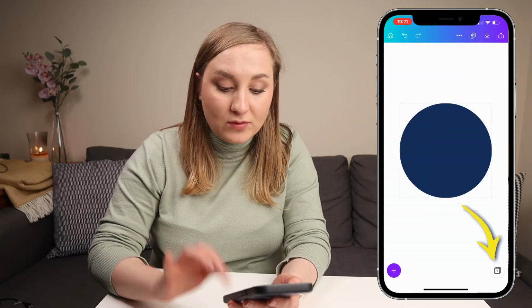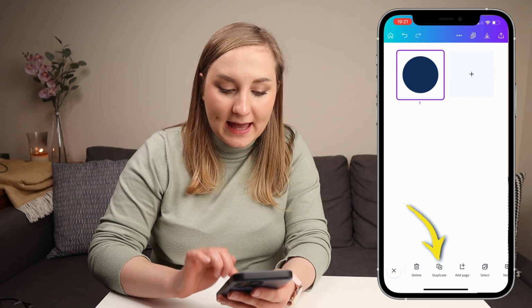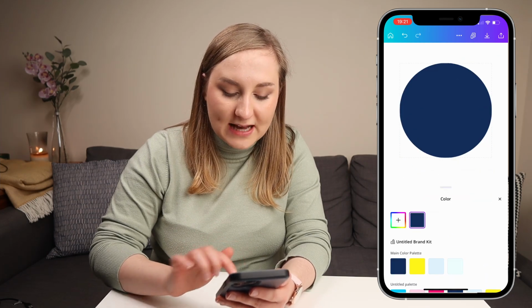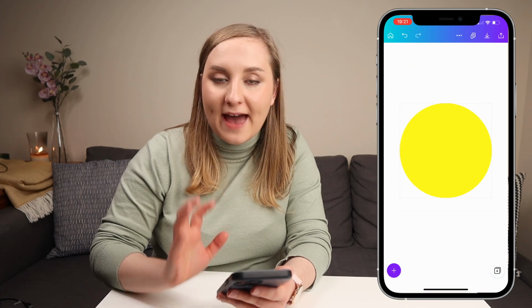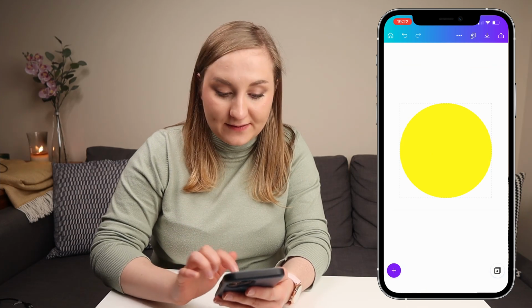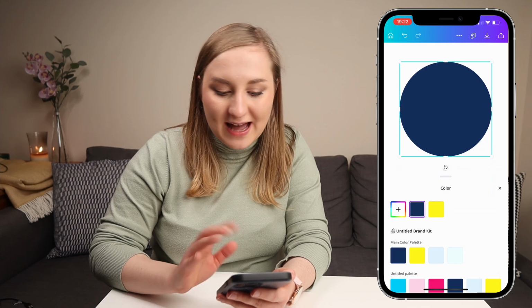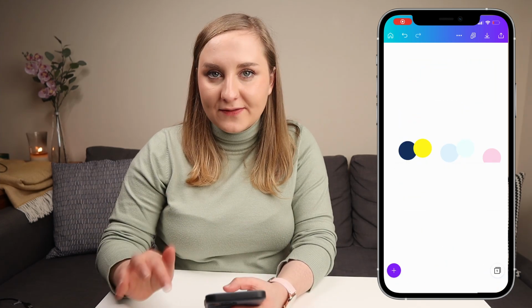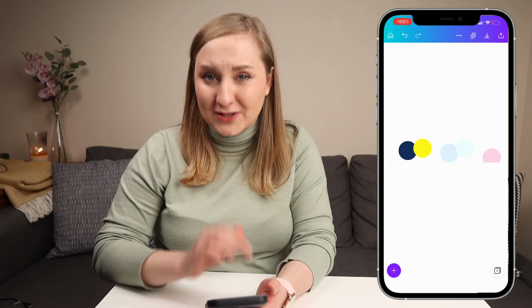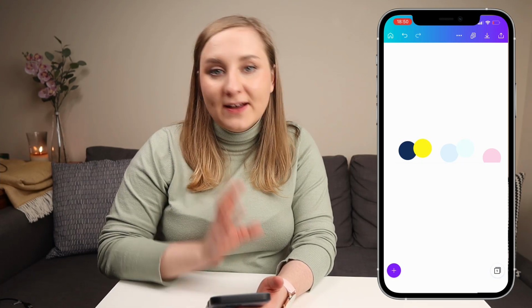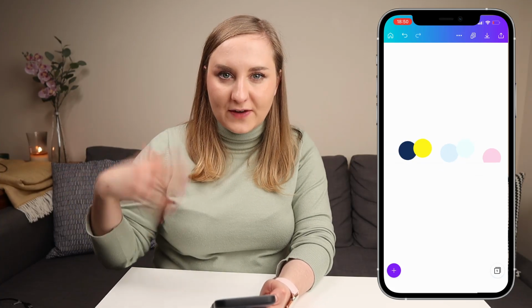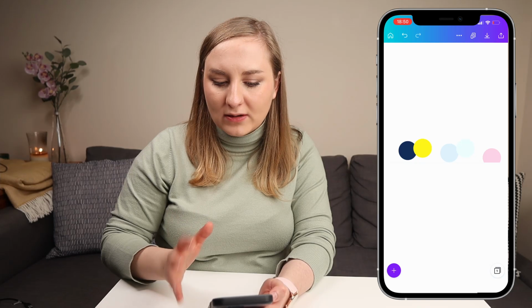And now I'm going to go to that thumbnail view again, duplicate that page a few times, and then go back to each of the circles and change the color. And that way I have the exact same size for all of the different elements, so they don't change that much, and I can just adjust them in the app. All right, so we have those different elements, and of course, they're not really positioned correctly. On Canva desktop, what you would do, you would just drag your mouse over to select all the different elements, but how do you select it on Canva app?